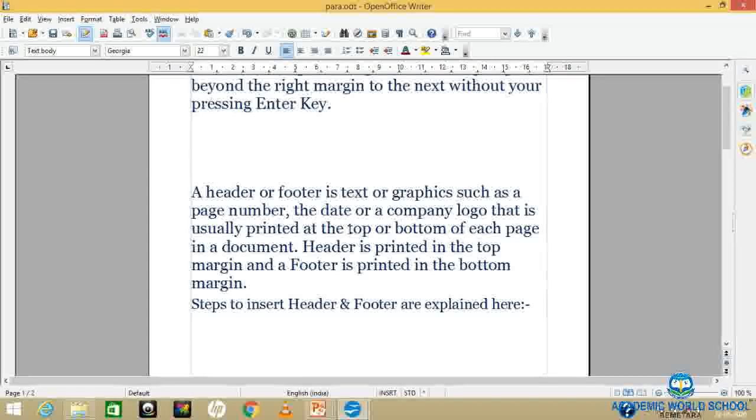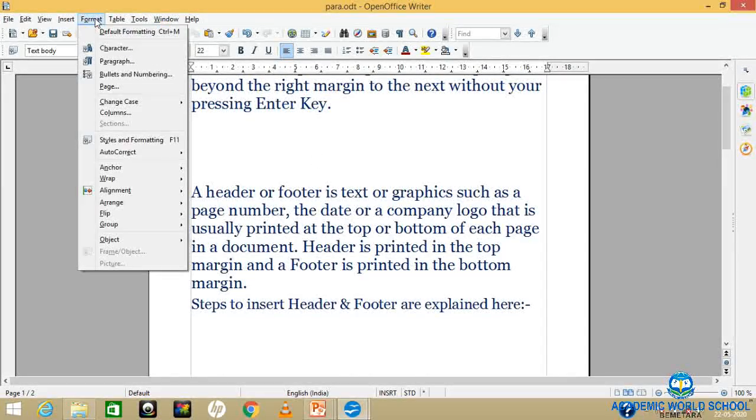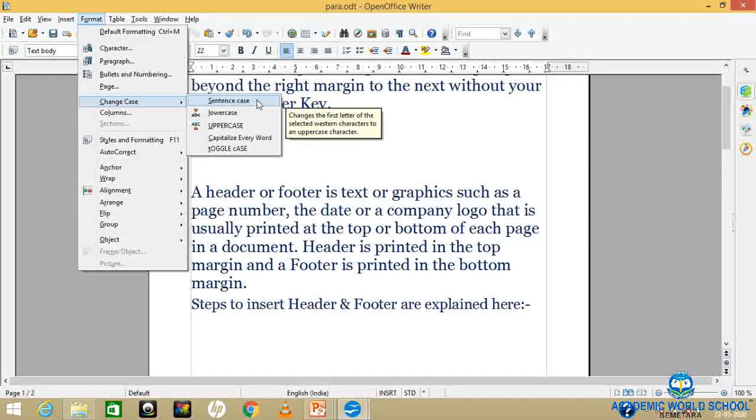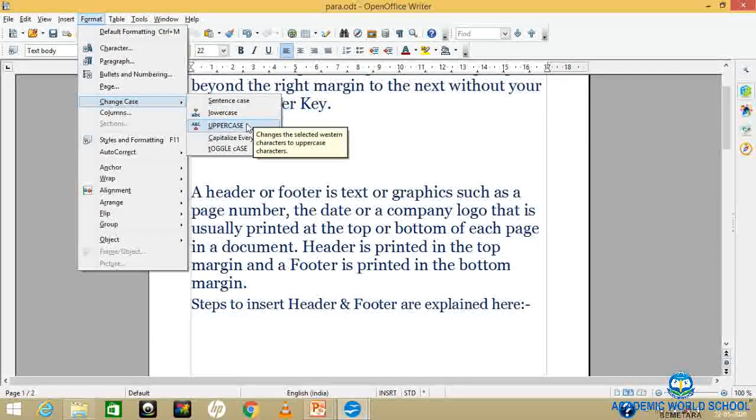Suppose I am selecting this and I want to make a change in it, so I go to Change Case and select lowercase. You must have seen that this changed into small letters. Lowercase means all small letters.